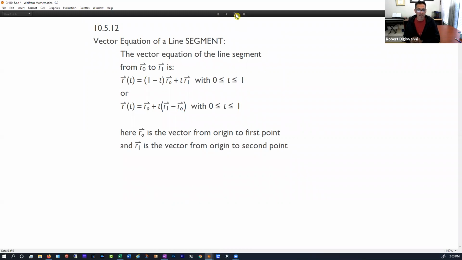Now, we do need to talk about line segments. Sometimes you don't want to draw the whole line. You just want to draw part of it, just a piece of it. So let's say we have a line segment like this. And this point corresponds to the vector r naught. And this point corresponds to the vector r1. If we want to draw just the line segment going from here to there, then I want you to,